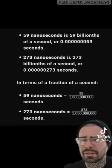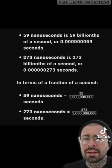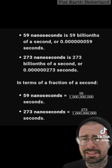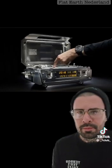Just to get an idea, for example, 59 nanoseconds is 59 billionths of a second, or 0.000000059 seconds. Of course, modern science throwing insane numbers at us once again. I just thought it was cool that...